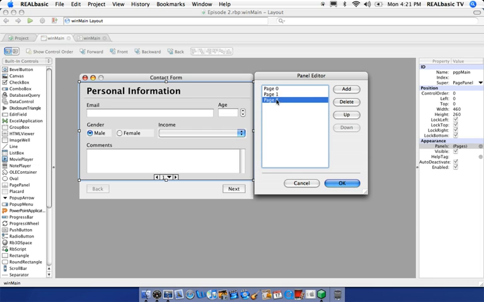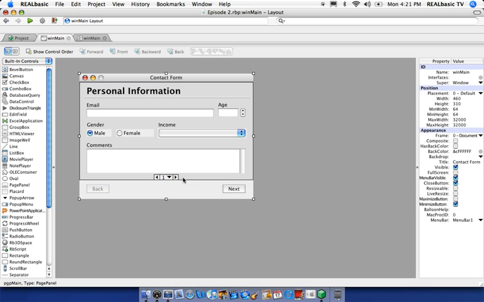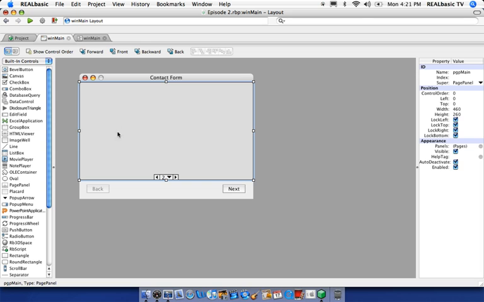And if you wanted to, maybe locate this between page 0 and page 1, you could use these up and down buttons to position it exactly where you want it. But in our case, we're going to want it right at the end. So now that that's done, go ahead and hit OK, and you'll notice when I hit the drop down here, page 2 is displayed. So we can go ahead and select page 2,